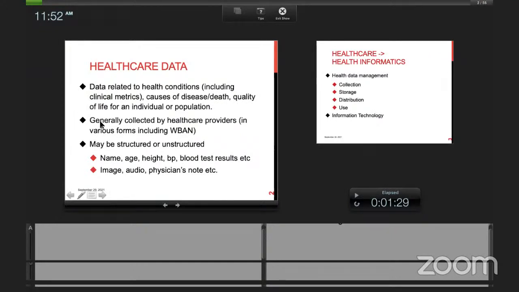Generally, the healthcare data may be collected by healthcare providers. Now, healthcare providers may collect data when we visit hospitals, health kiosks, or even private hospitals or government hospitals alike, clinics, etc. So the doctors will be there, and the nurses, maybe some healthcare professionals will first check our weight, height, etc. And they sometimes also take our blood pressure